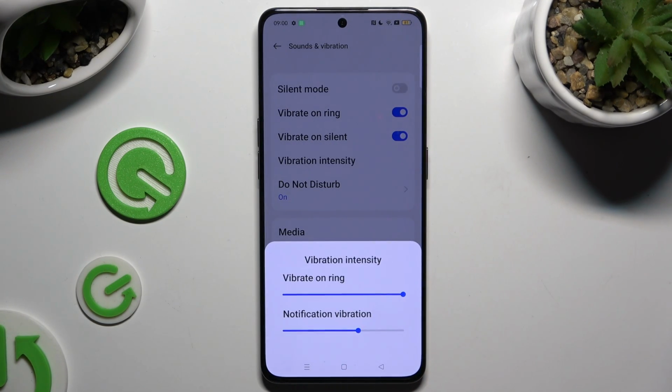Following that, you can operate those two sliders under Vibrate on ring and Notification Vibration to adjust the intensity of haptic feedback for those two options. When you're finished, click on the gray area of the screen,